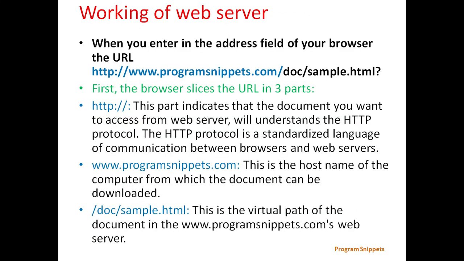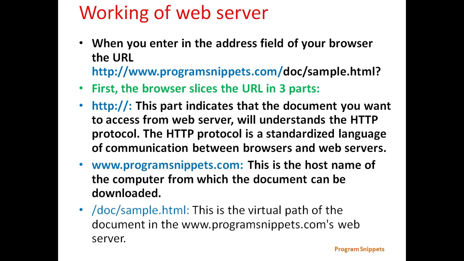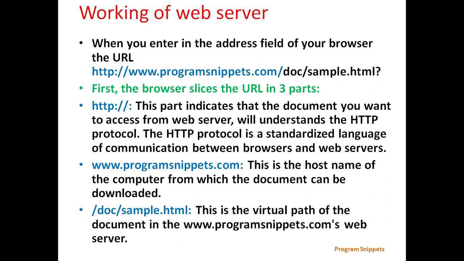To display a website, you enter an address in the browser's address field. For example, here I have given the URL as http://www.programsnippets.com/doc/sample.html. The browser will slice this URL into three parts. First is HTTP, which indicates that the web server from which you want to access the document will understand the HTTP protocol. The HTTP protocol is a standardized language of communication between browsers and web servers. Then www.programsnippets.com is the host name of the computer from which the document can be downloaded. And /doc/sample.html is the virtual path of the document